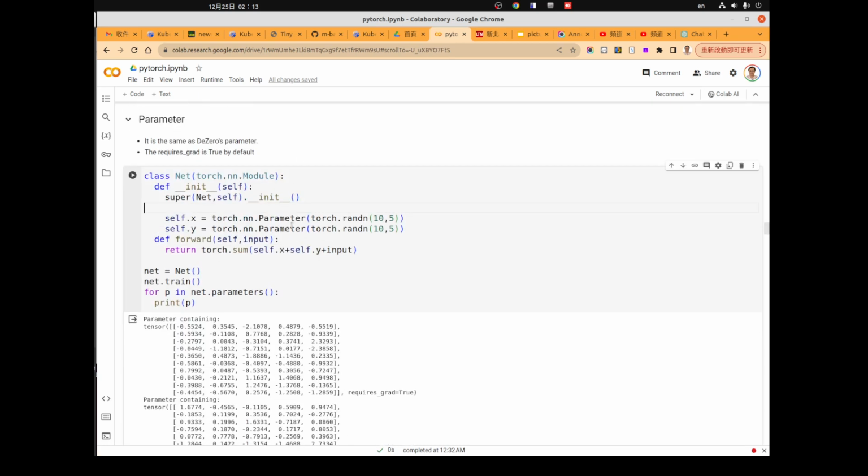For that case, we had better use the parameter class directly. Using the parameter class creates a variable whose requires_grad is true. So typically we use parameter almost everywhere.